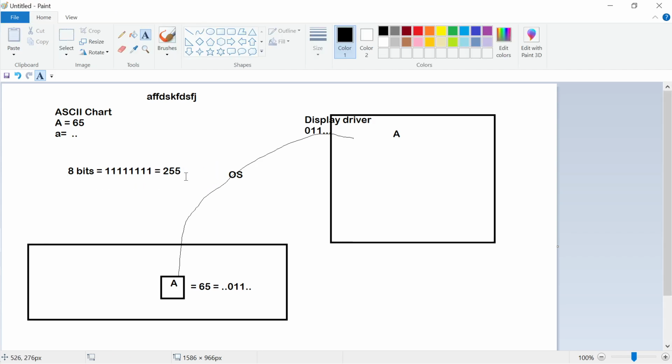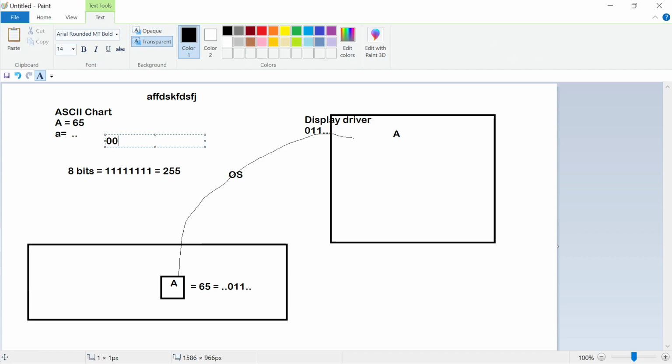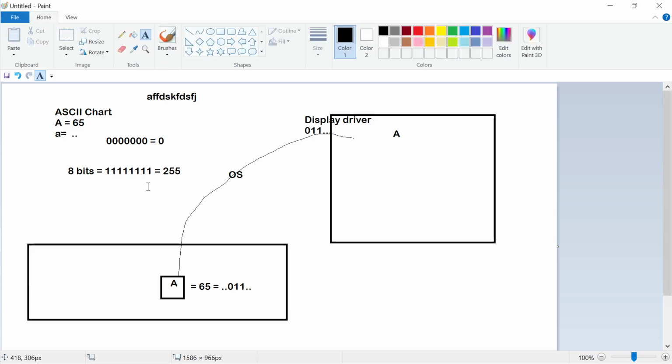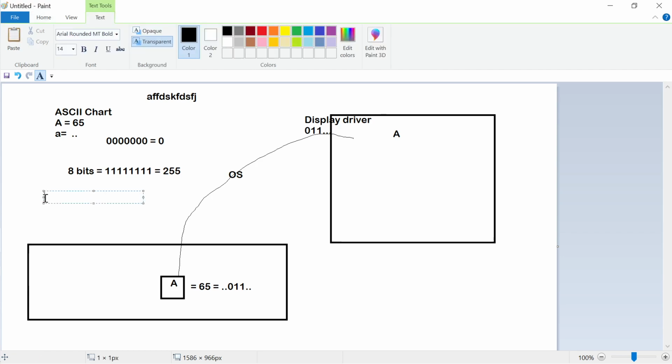So you can start from 0, 1 2 3 4 5 6 7 8. So this is also equal to 0 only, and right up till 111. So 0 to 255 can represent different numbers representing different characters as per the ASCII chart. So to store an ASCII character as per the ASCII character chart, you will require at least 8 bits over here. So if you tell the database I'm storing in ASCII encoding format,